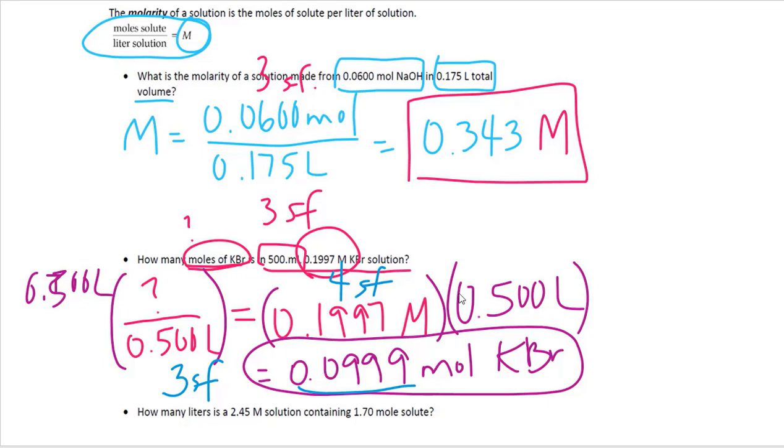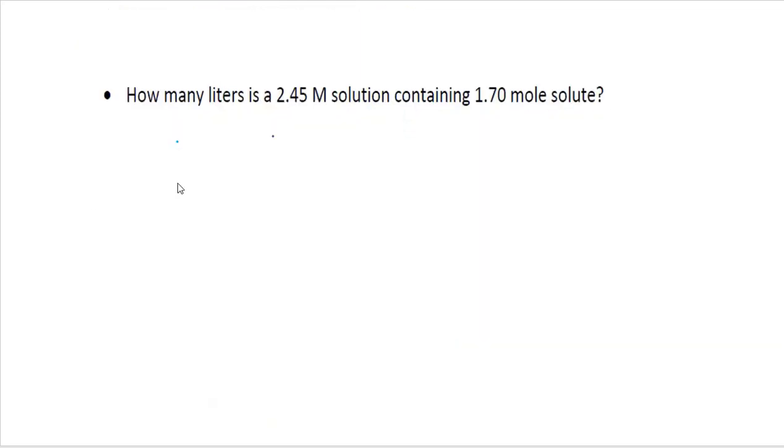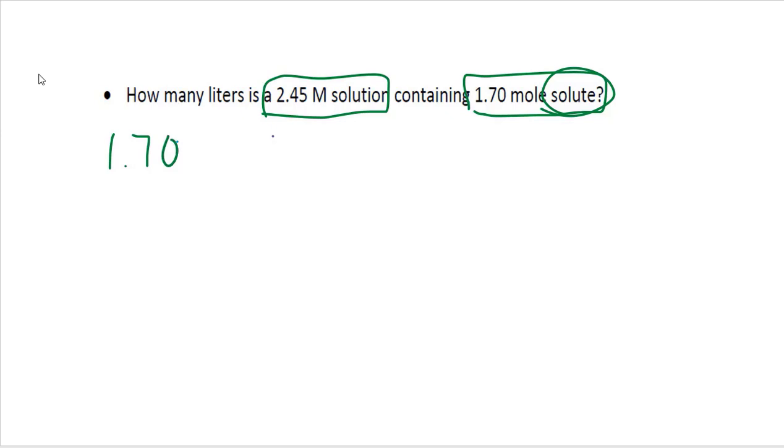All right, let's do one more sample problem. Okay, so the last example from this one. Let's look at how many liters is a 2.54 molar solution containing 1.7 moles of solute. So again, my solute is always on top. That's my numerator, 1.70 moles